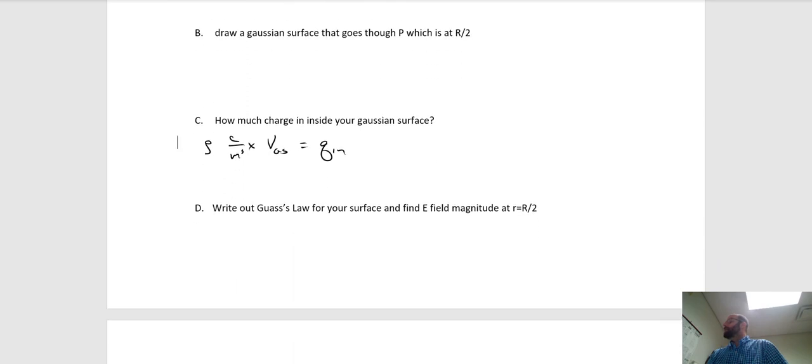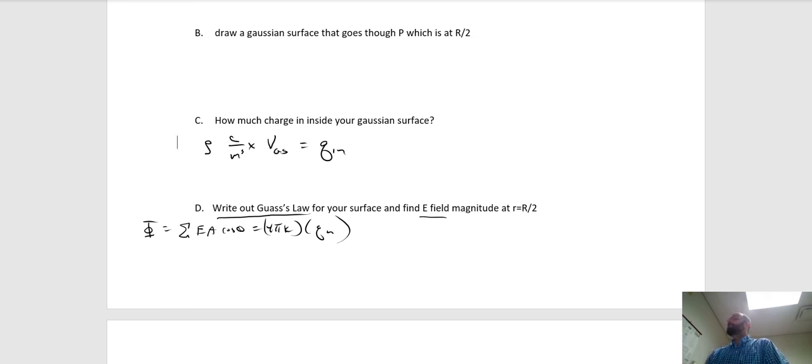Let's see, write out Gauss's law for your surface, find the electric field. So remember, Gauss's law is this, that the total flux through any surface, which is the sum of all the EA cosine thetas, equals 4 pi k times the charge inside the surface. So I guess I already did this for you. Okay. Now, as far as finding the electric field,